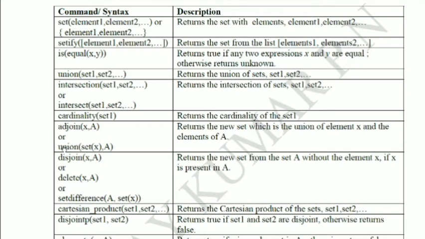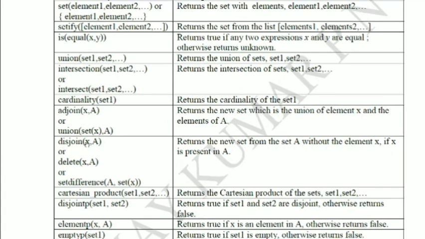Or simply you can give union instead of this. If you give x and union of x and a, it will not take, because x is an element, it is not a set. Your union command works for sets. So I have to make this one a set. Either you give simply flower bracket x or set within this. So this will be a set. Union of these two will be the new set. That is, adjoin x with A means x will be included in A and you will get a new set, the elements of A with x.